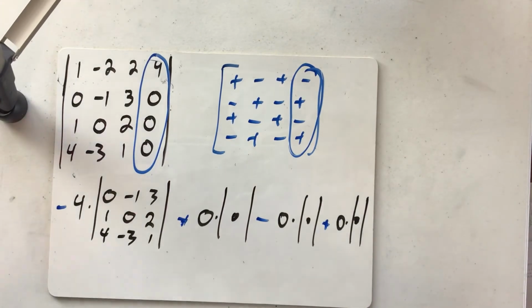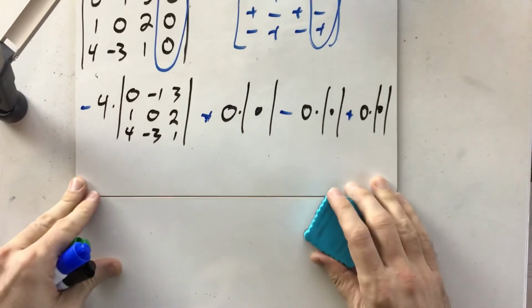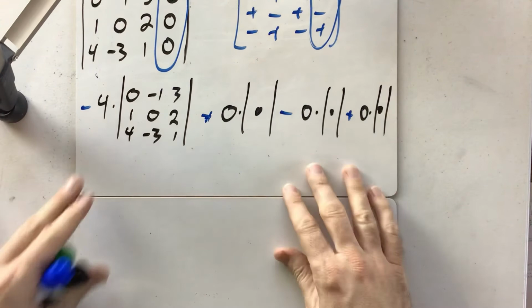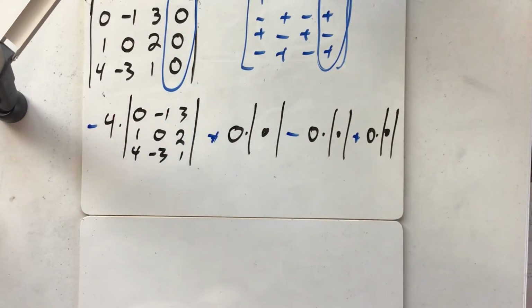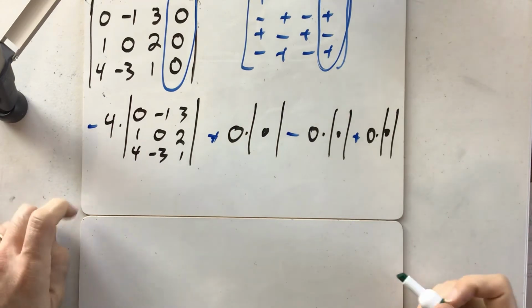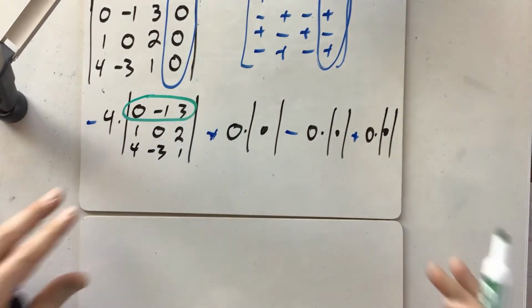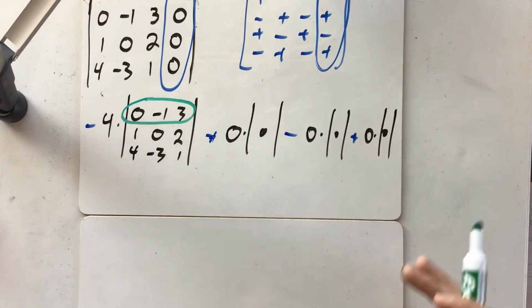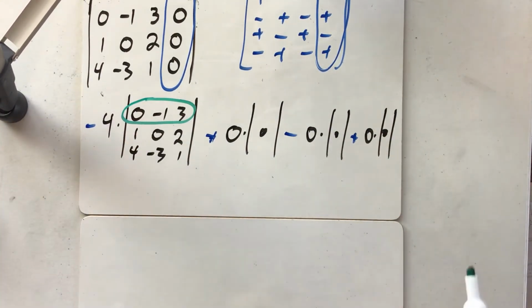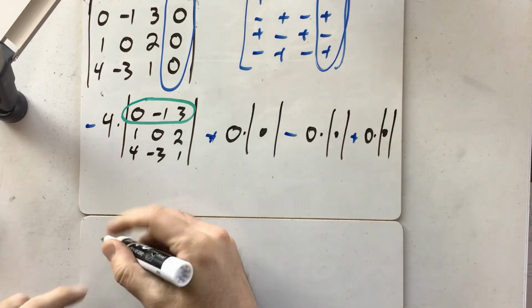All we have to do now is calculate the determinant of this thing. And how are we going to calculate the determinant of this thing? Well, I'm going to do the same thing. I'm going to pick a row or column and go for it. Why don't we pick the top row? It looks pretty good. It's got a 0 in it. I guess we do have a negative, but you could pick the second row if you like. It doesn't really matter. So I'm going to pick that first row, and we're going to do -4